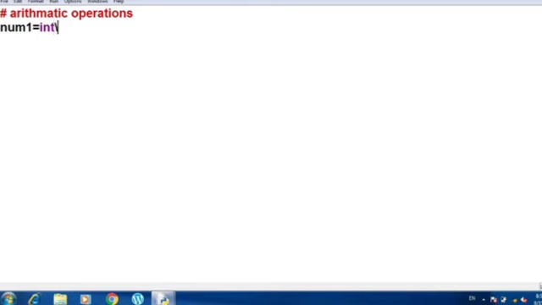Now I'm using the input function, and I'll write enter first number. You can write any statement you like. Here we have to write raw input because Python takes the input as a string. The raw input function takes the input as a string, and as I have defined float, it will be converted to a floating point number.